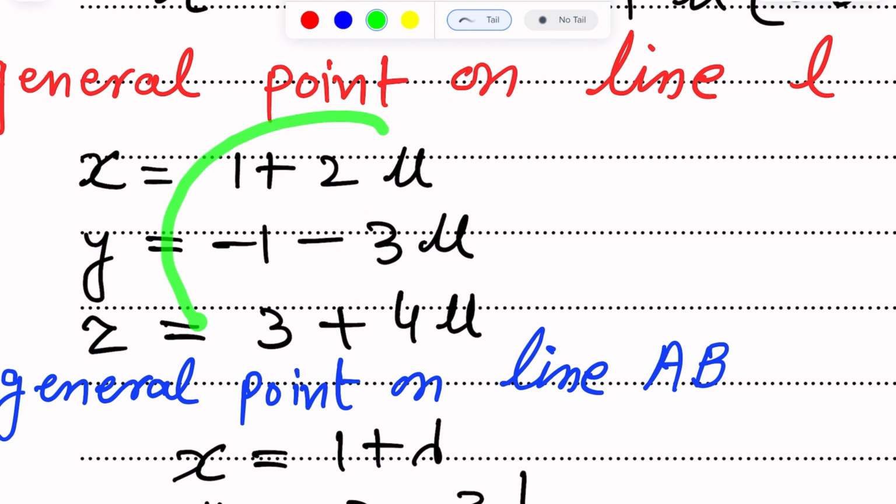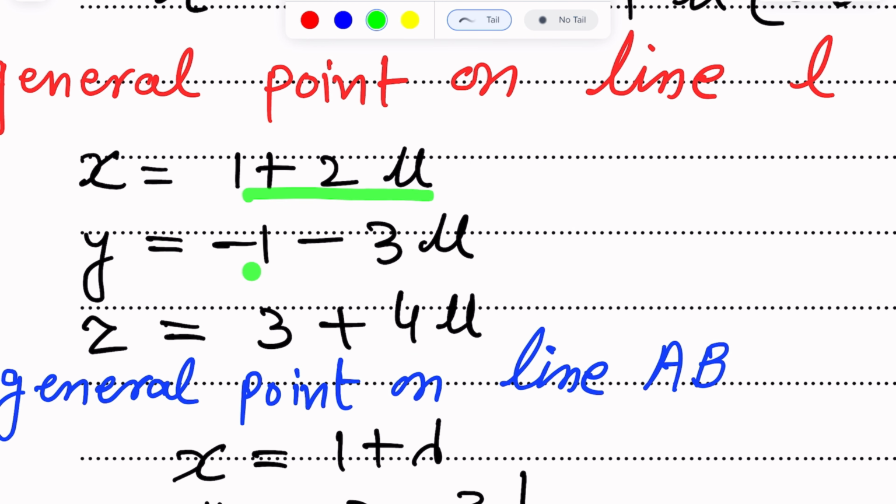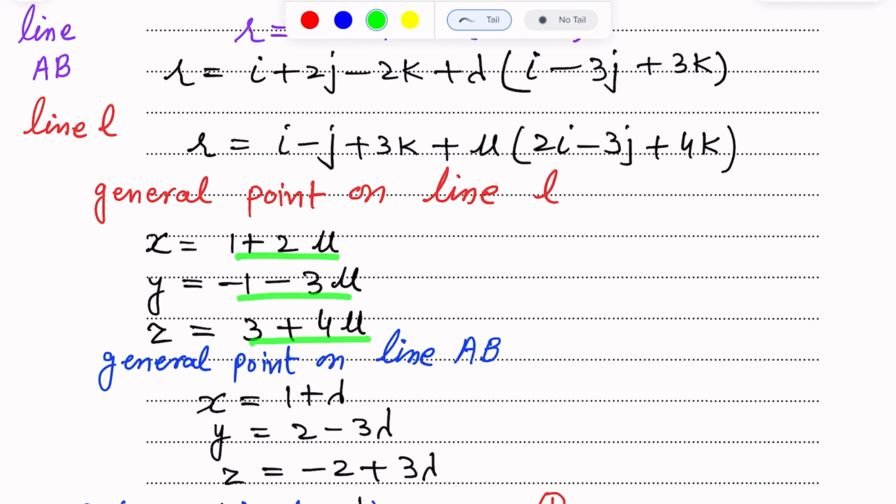These are the x coordinate, y coordinate, and z coordinate of the general point